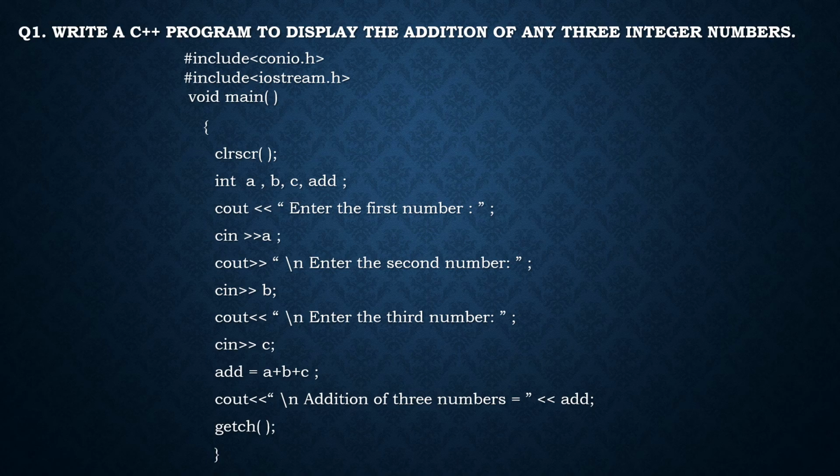Now see, in this program I can take any values. Say for the first variable a, enter the first number, I have given 7. Second number, say I have given 12. Again enter the third number, say I have given 8. So 7 plus